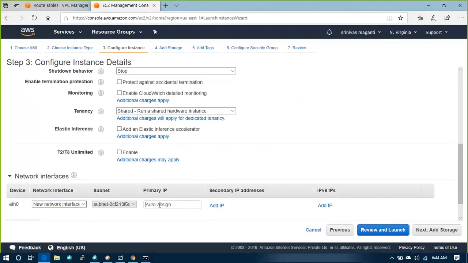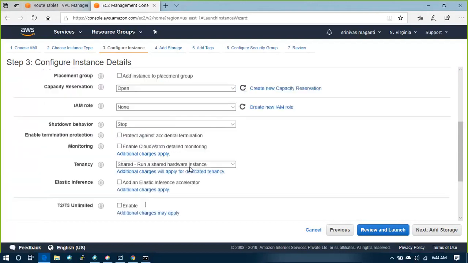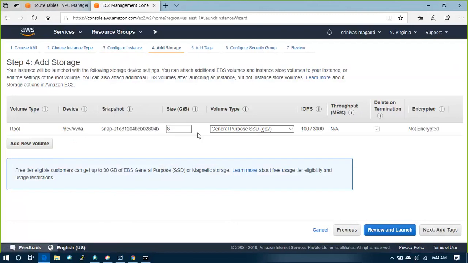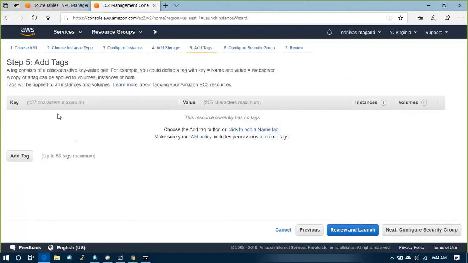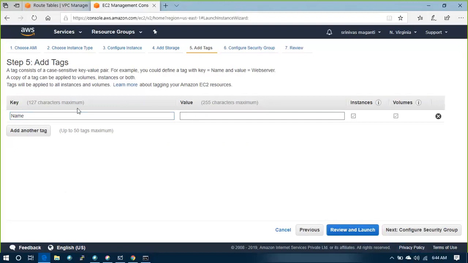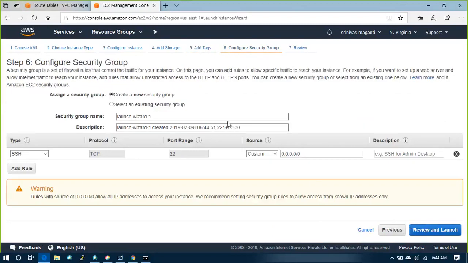If you want, you can assign the IP, or it will auto assign the IP. Let's see. Right. Next. 8 GB, that is fine. And name tag, what is the name? MGMT VM. That is the name for this virtual machine.